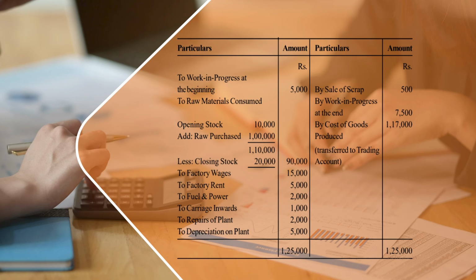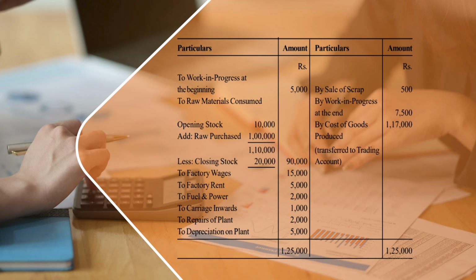The sale of scrap is given, it is 500. So the net balance is 1,17,000, if you subtract 7,500 plus 500, 8,000 out of 1,25,000, that is the total of the debit side of manufacturing account,